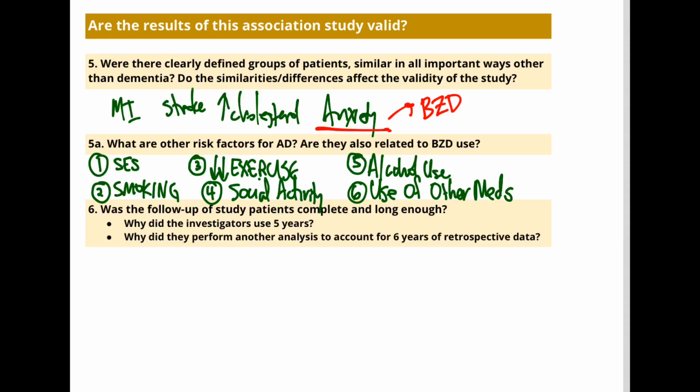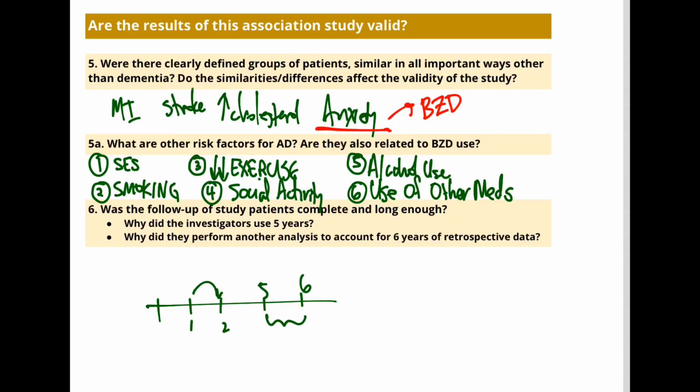And then this 6th year that they did, so what they did was, they first looked at their data over 5 years, and then they did another 6th year, and they wanted to say, did this extra year change anything? Did it affect the data in any way? And it didn't. And so that meant that 5 years was probably long enough. We looked another year to see if that one made a difference. Like let's say we did 1 year, and then we looked at 2 years, and we see a difference there. And we say, okay, well, maybe 1 year was not enough,